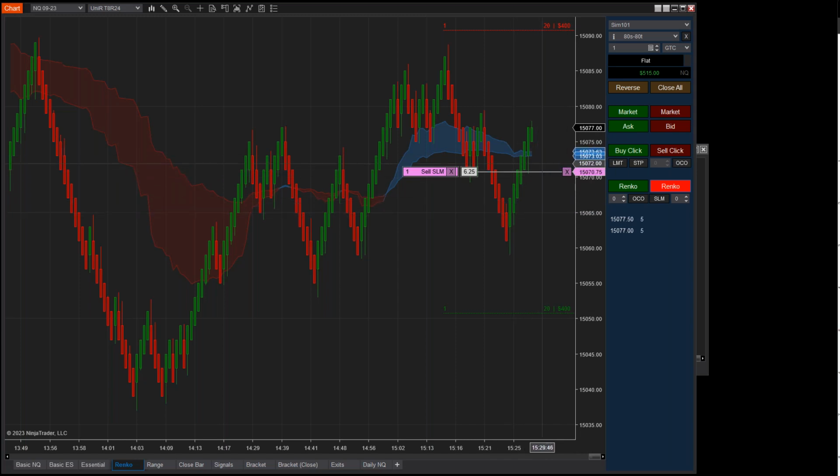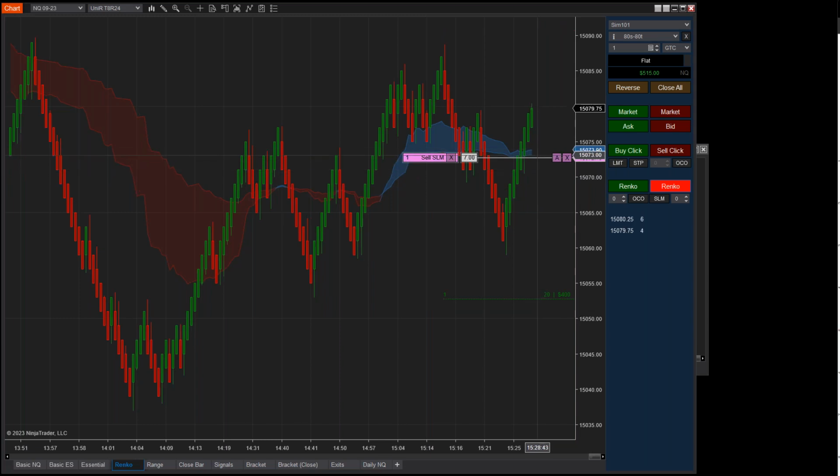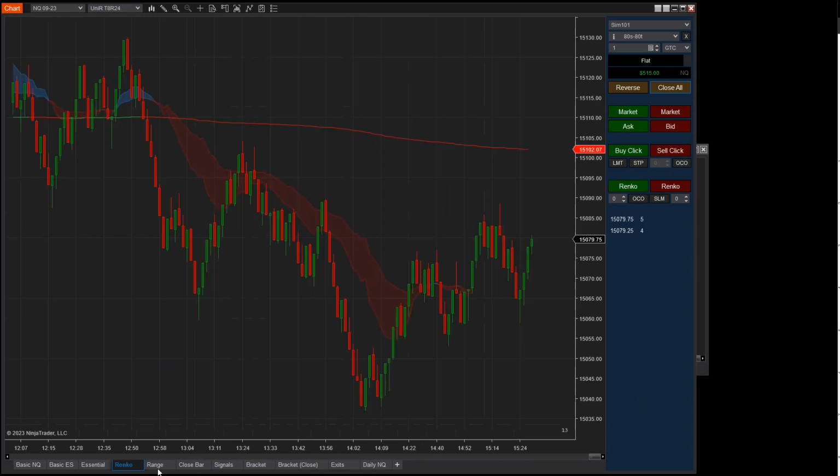There should be literally no slippage on this, because your sell stop order is waiting to be filled as the next red bar closes. I won't go through any more of this, but the same goes for the buy. You see the preview before you even click the button. And this is also compatible with the ATM planning. Even though you don't see it now, you should be able to see your target and stop in advance as well. Range bars, what about range bars, guys?